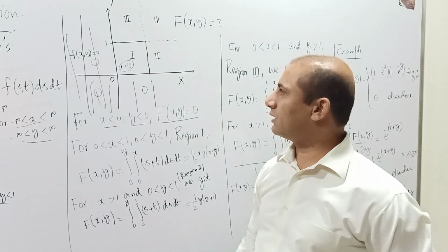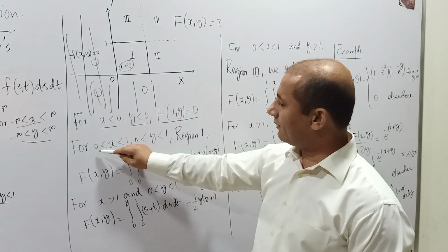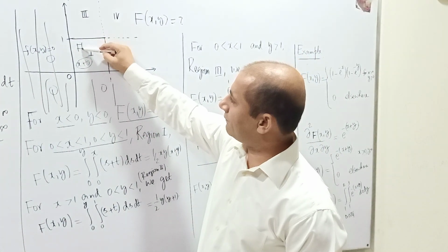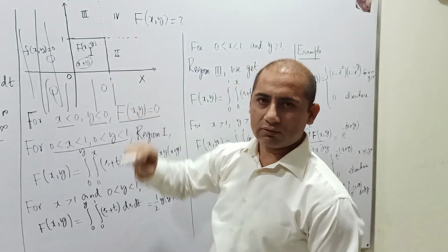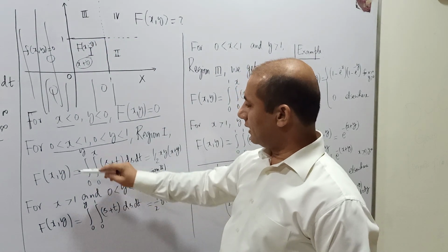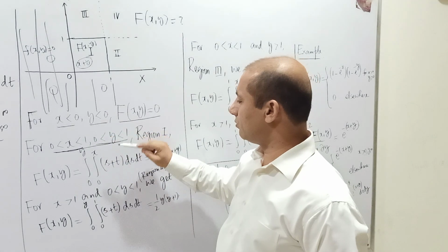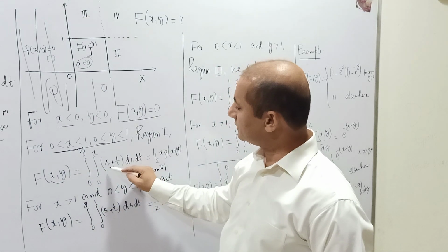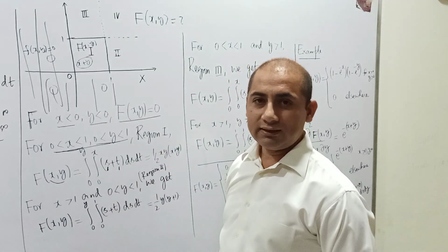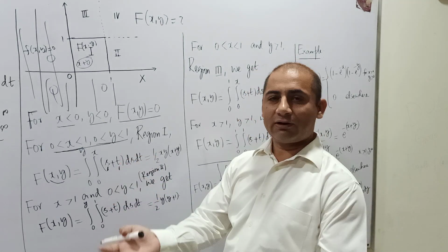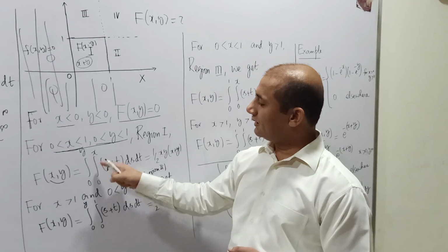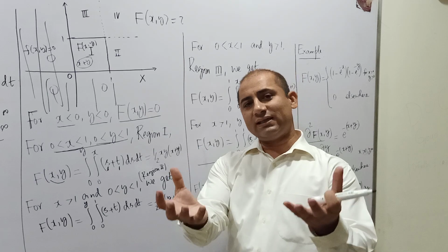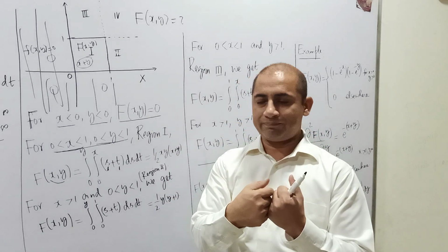And with respect to this first quadrant, now we have a few situations. We have, for example, this scenario. If I am interested in finding f of x y within this square, what I'll do? I know my x is from 0 to 1, my y is from 0 to 1, and I'm looking for a function in terms of x and y. So what I'll do is, I'll introduce dummy variables s and t, and I'll integrate my function with the help of these dummy variables, and then I'll replace this s and t with x and y appropriately, so that at the end I obtain a function in terms of x and y.